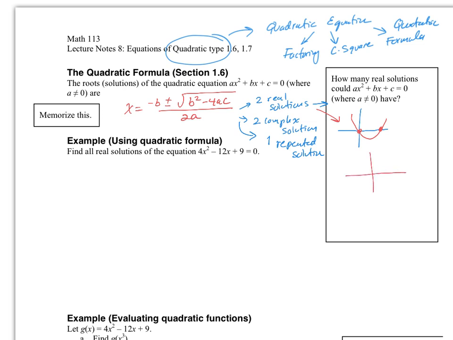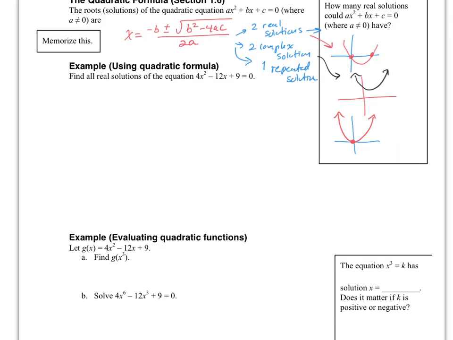Complex solutions means that it will not cross the x-axis, so the graph will look like this. So that will be two complex solutions. And one repeated one means that it crosses the x-axis at only 1 point, so it could be something like this. All right, let's do an equation where we have to use the quadratic formula, so you get used